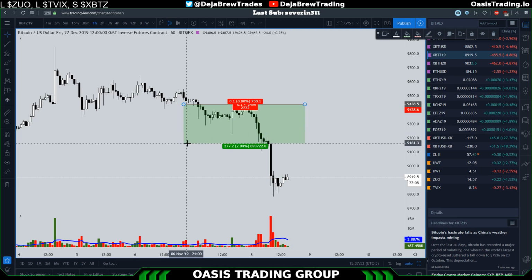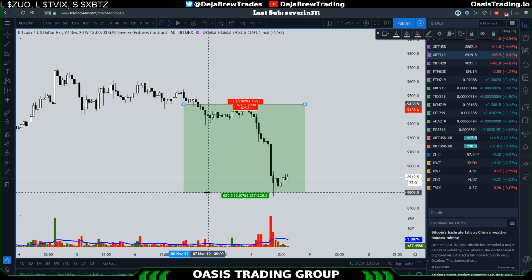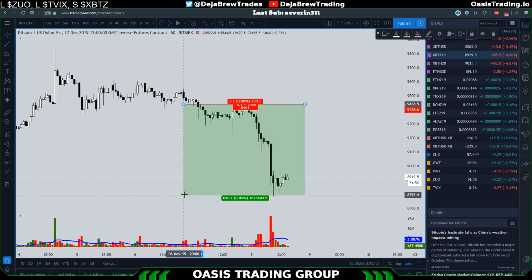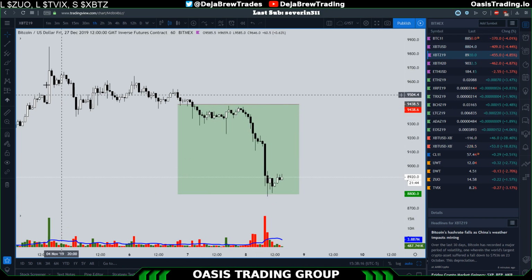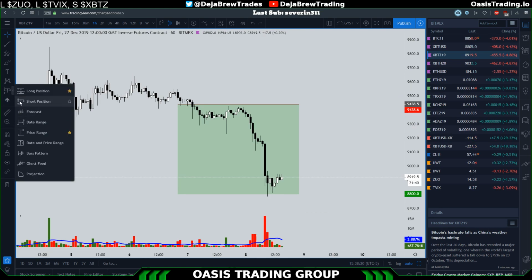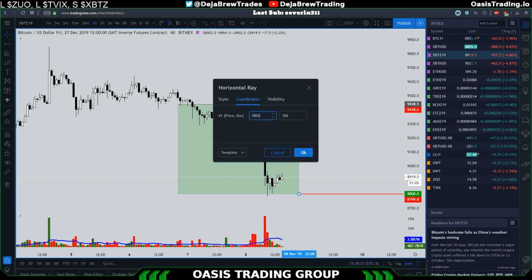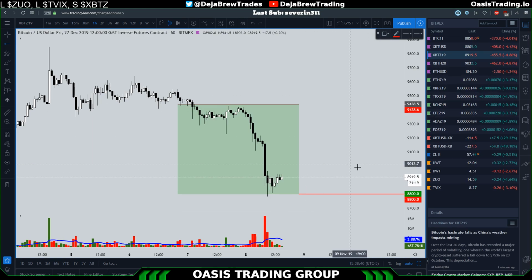Stop loss doesn't really matter. We closed half of our trade at 8,800. So a really beautiful close on that. And then I just flattened out the other half. Where is that level? Here we go. We flattened the other half out at 8,800 on